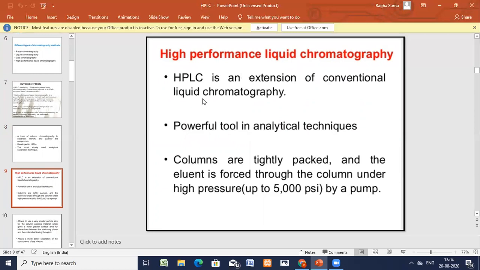So the traditional method of detecting a column separation is also discontinuous and tedious. In conventional liquid chromatography, the fractions of the column effluents are collected with automatic fraction collectors. Therefore, with increasing demands on the purity of industrial and pharmaceutical products,